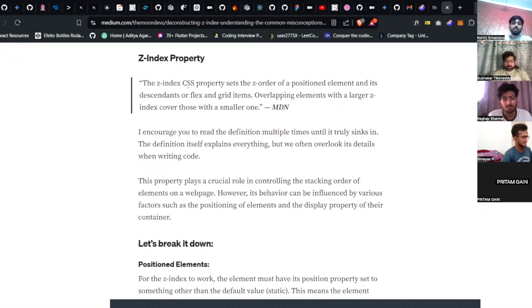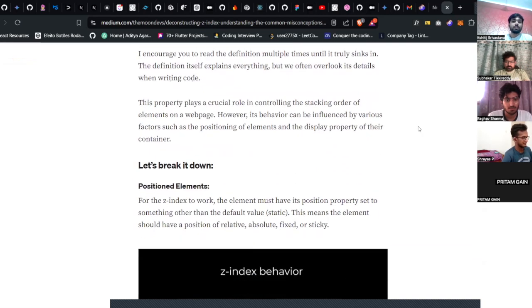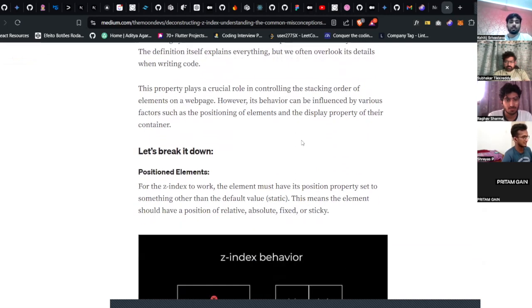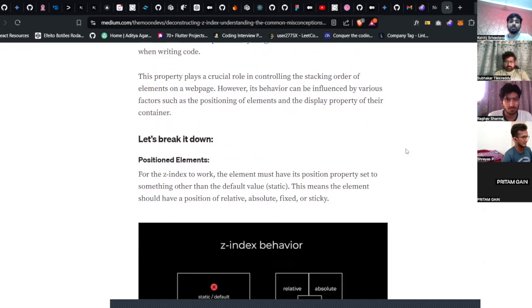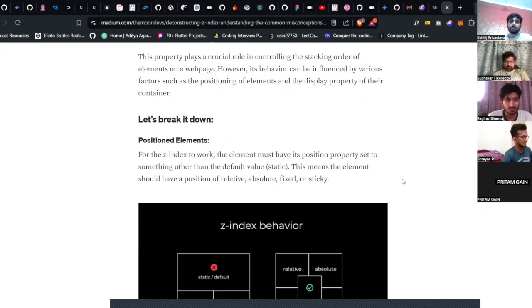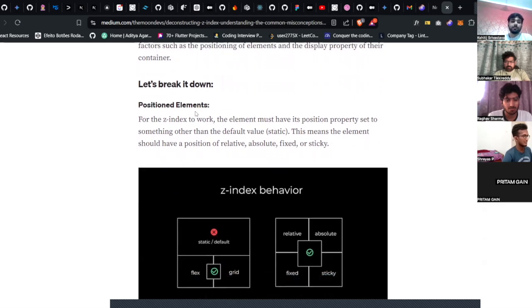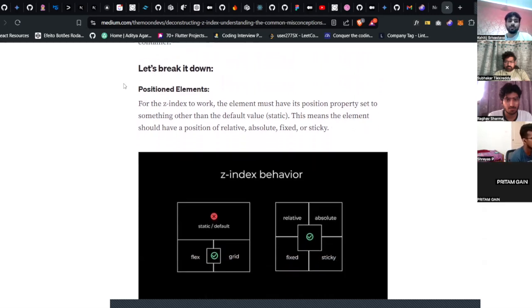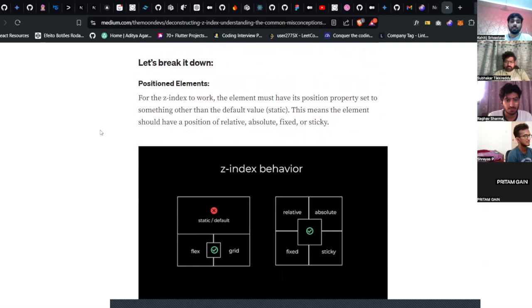It's basically to layer the elements on the web, just to stack those elements below or above one another. Many properties affect these changes. Like in the Z index, other properties affect it. Taking this example for the positioned elements, once you write the code, if any div and Z index